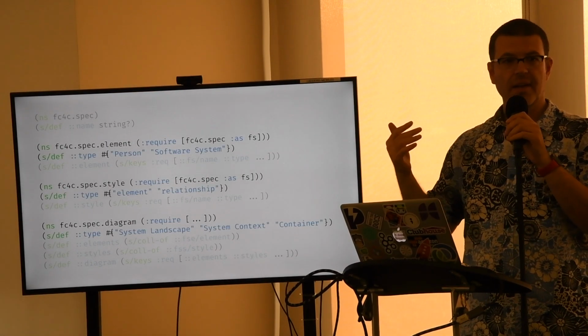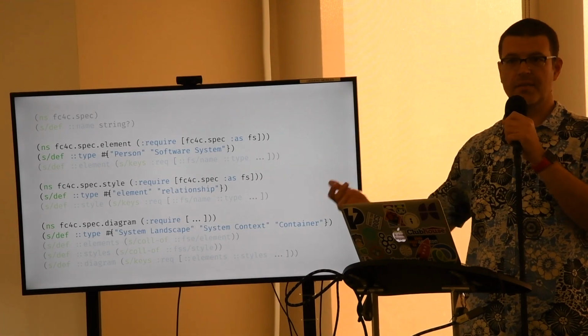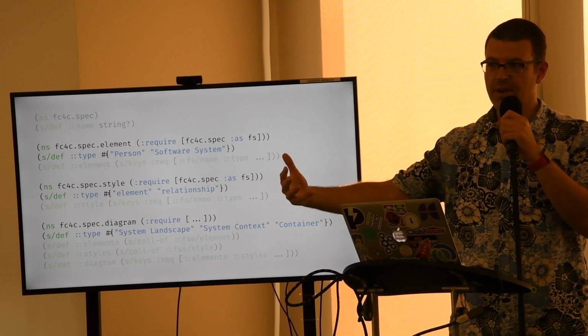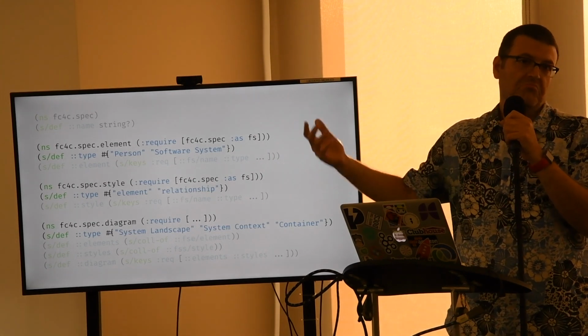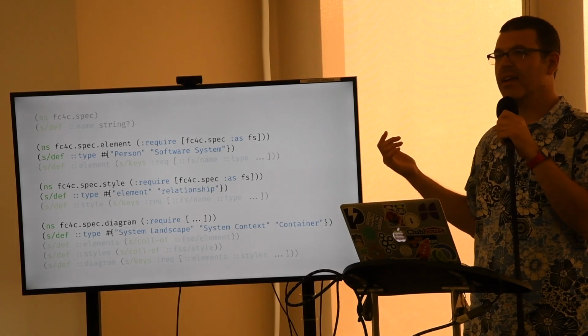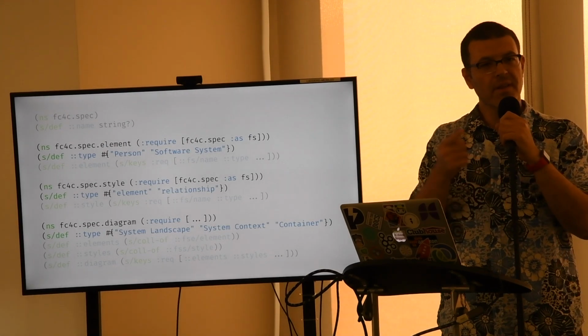It's all in one file, and it worked. It got the job done. With my specs, you were able to describe the data structures, it validated them, and so I'm all happy. Except I wasn't happy. I think I was talking about this with Tim at one of these meetups a few